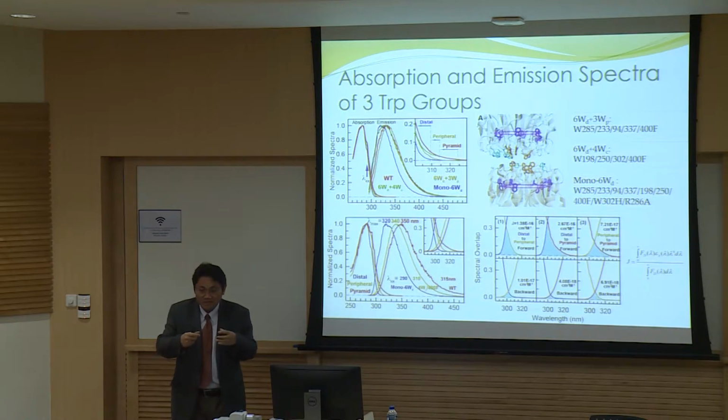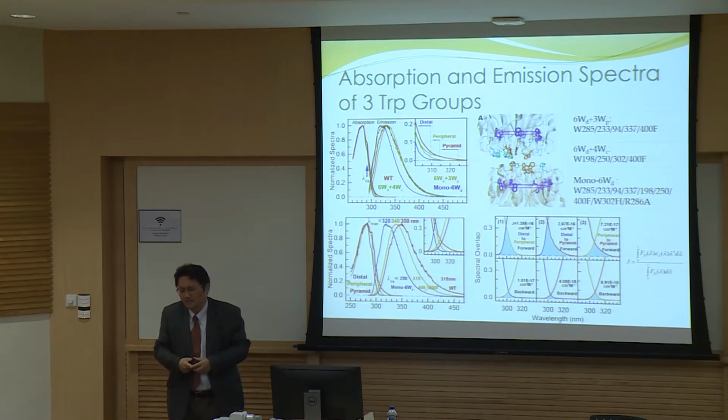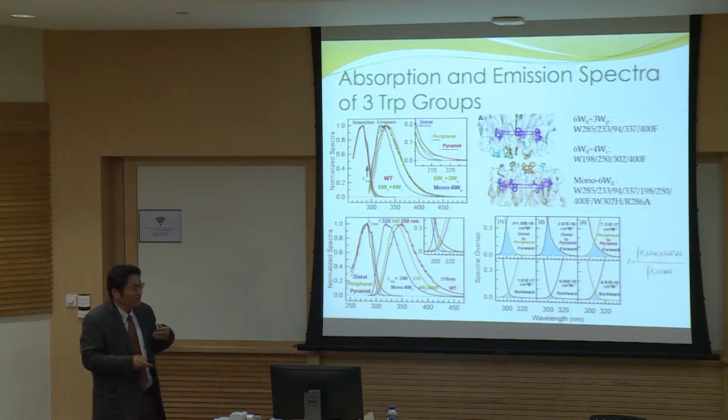So in a word, that means all the energy absorbed by tryptophan from the beginning transfers through this circle of tryptophan to the interface, and at the interface the six peripheral tryptophans transfer energy to the center. So all the UVB energy finally funnels to the center of the pyramid. With this order in mind, we can figure out the dynamics of the energy